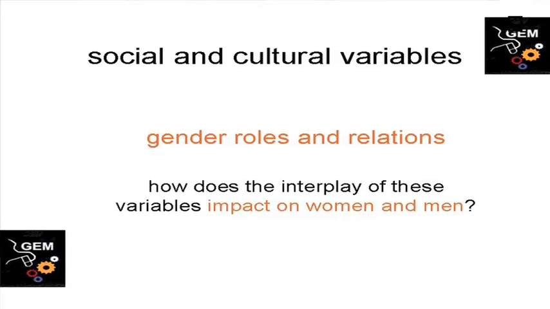And there's an example that I can talk about that shows this a little bit more, but let me proceed. The first part that I showed was the ICT. You need to consider differences in relation to ICT. The second is looking at the gender differences. And then on top of that, there are also social and cultural variables. And this is where I think a lot of the discussion around gender roles and relations comes in.